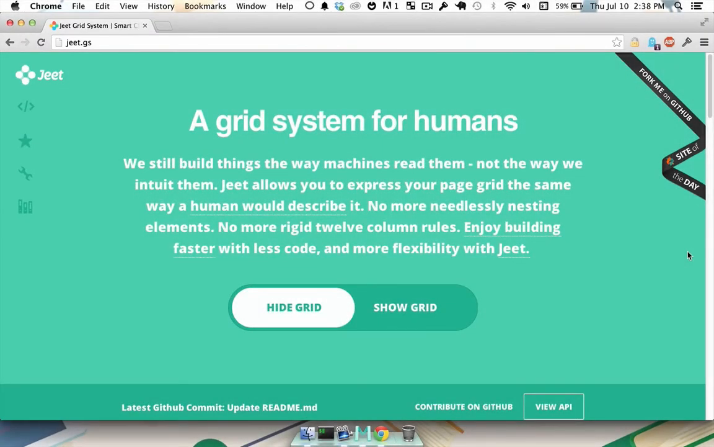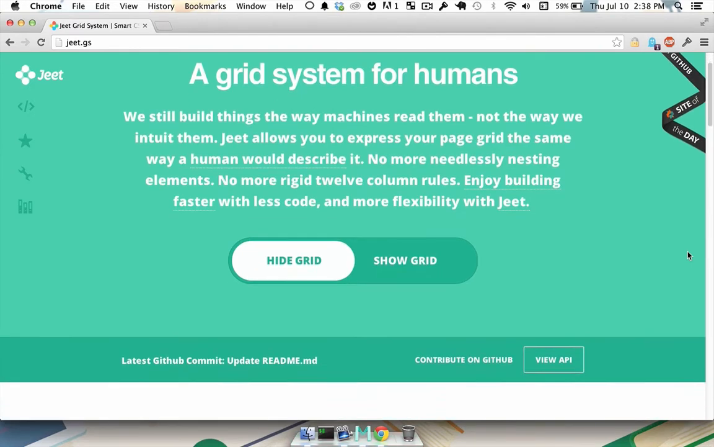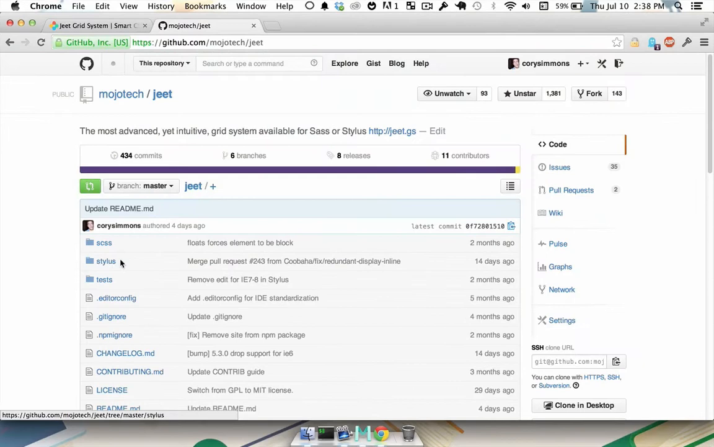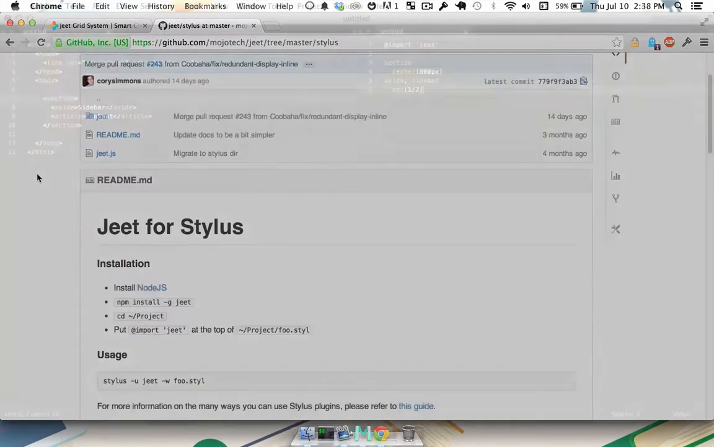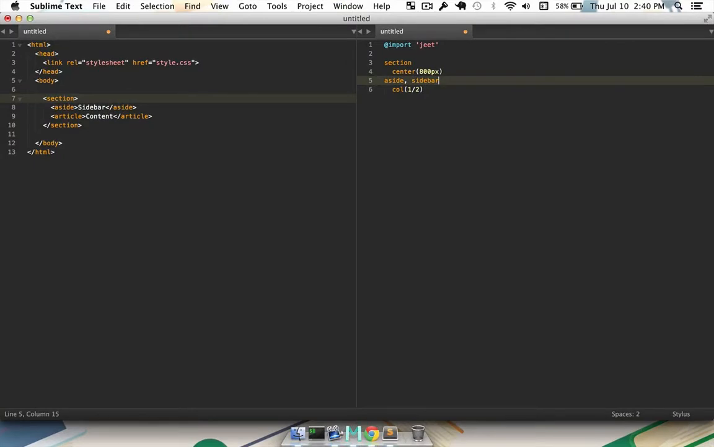I'm your instructor, Corey Simmons, and in this lesson, I'll explain what Jeet is. Jeet is a grid system originally developed in Stylus and later ported to SASS that lets developers create fluid grid systems using ratios. You can think of ratios like fractions. If you want an element to be half the size of its container, you simply write 1/2. You can also use decimals, so if you want an element to span 75% of its containing element, you could